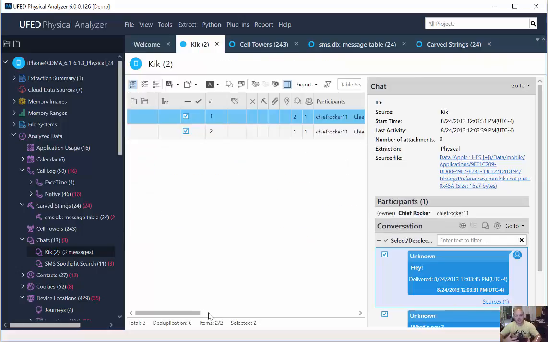Of course, I think there's over 1 million apps now in the iPhone store. So another thing that's critical to investigating mobile devices is understanding what apps they have on there. And a suspect may not have used